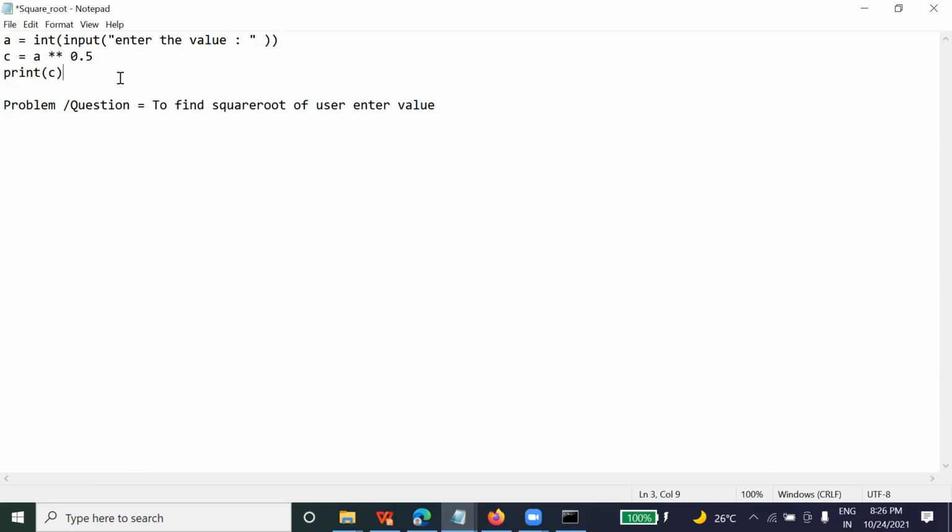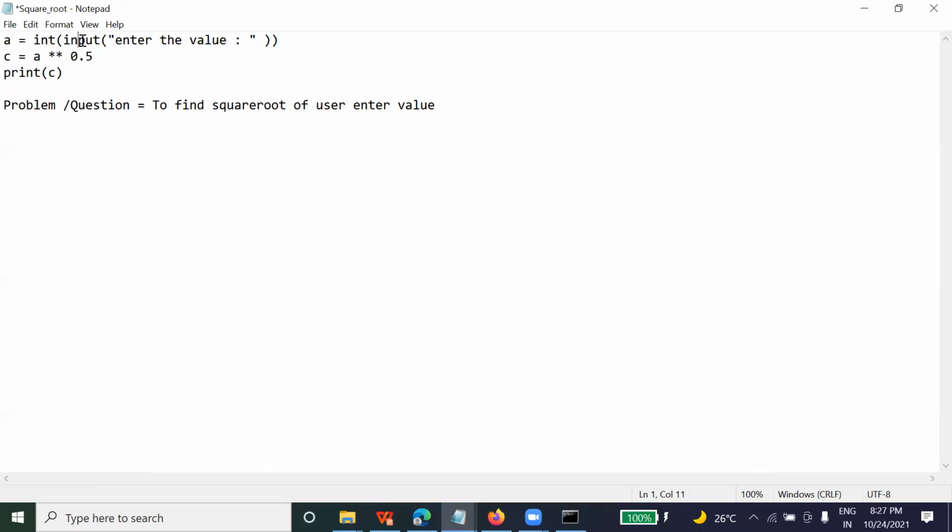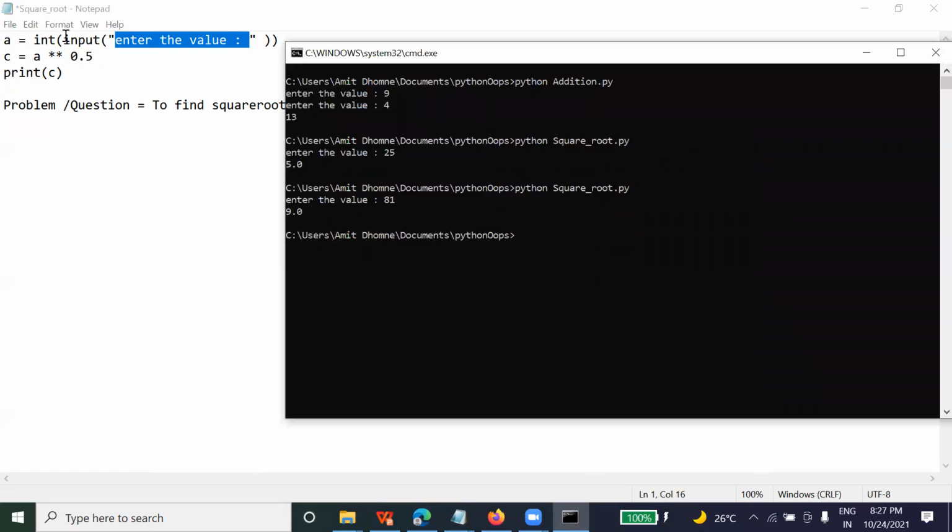Yeah, if we are going to do it, we need the value of 81. So we are going to write down 81 on the spot of A, right? Here the user is going to enter 81. You are accepting an integer value, right? 81 is integer or float? Integer. Here int is for integer. Input means you are asking the user to enter a value. This statement is coming, enter value. It is accepting an integer value and it is going to find out 9 for that.